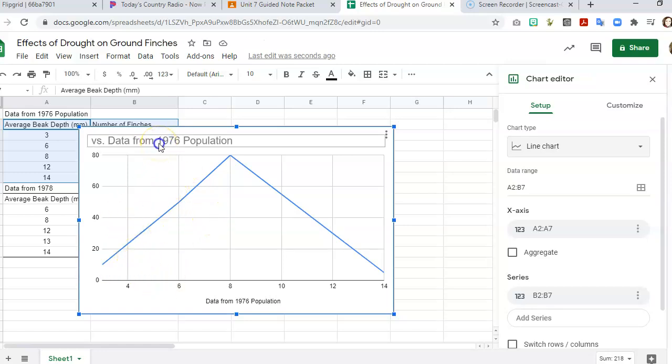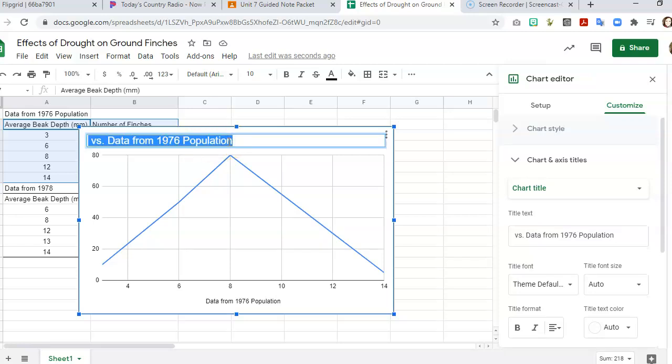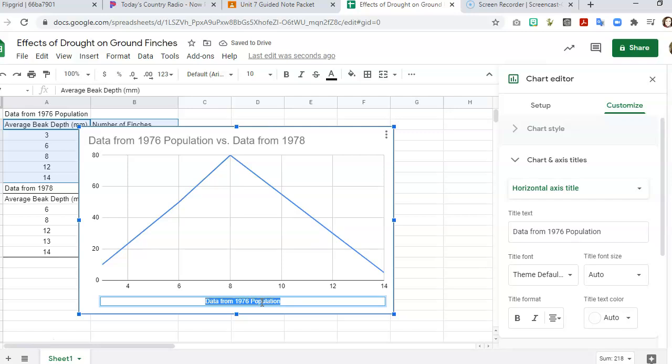I'm going to go ahead and start changing the title of this just because I like to have this clean first. So we're going to go ahead and put data from 1976 population versus data from 1978. Okay, and then down here we can see that we have the 4, 6, the 8, the 10, all of that. We actually want to go ahead and change that. So I double click it and we want to go ahead and change the bottom of it to average beak depth